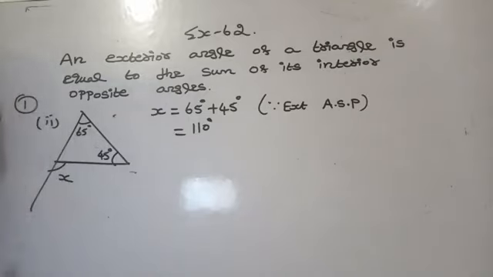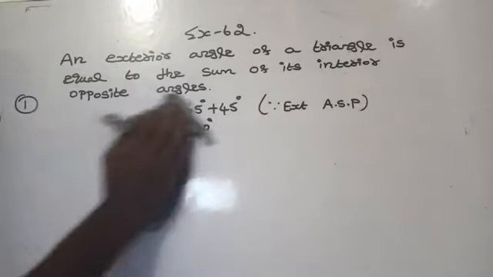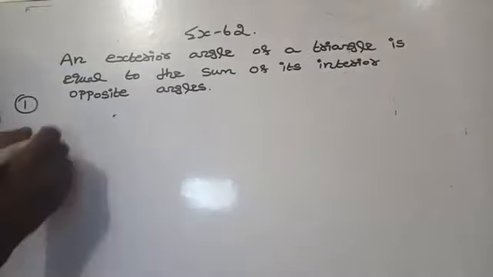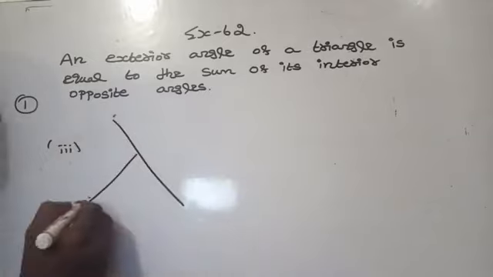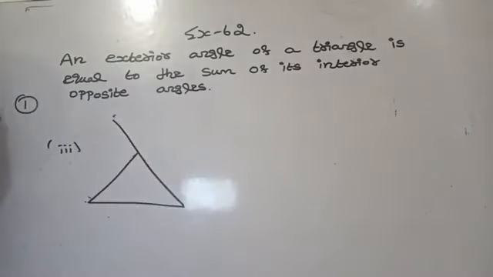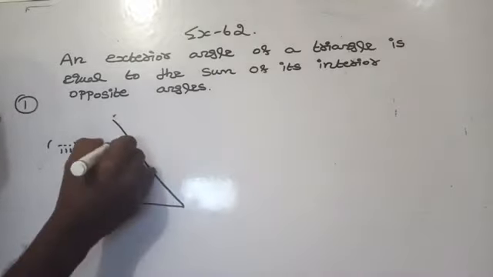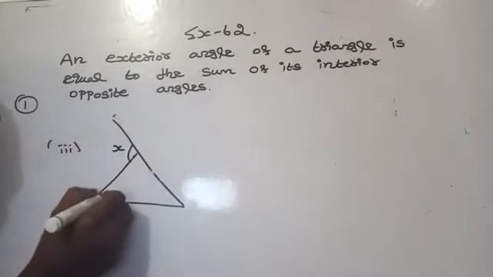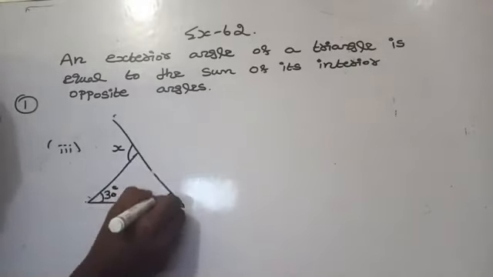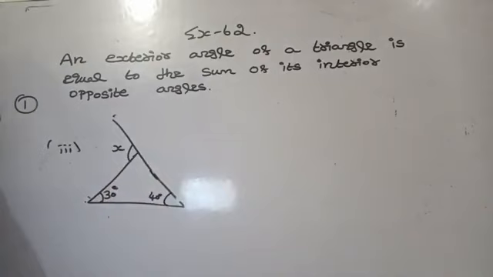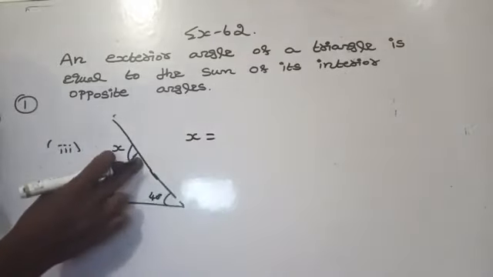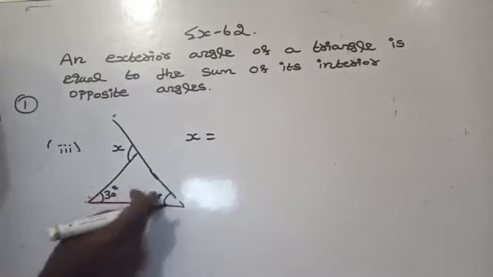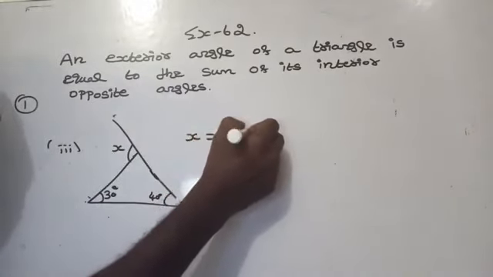Yes. The third question is: this is a triangle. This side is produced. The exterior angle so formed is x. It is 30 degrees, then it is 40 degrees. So please recall, an exterior angle of a triangle is equal to the sum of its interior opposite angles. Here, which one is the exterior angle? x is equal to, it is an interior. The two opposite angles to the interior are 30 degrees and 40 degrees. 30 degrees plus 40 degrees.